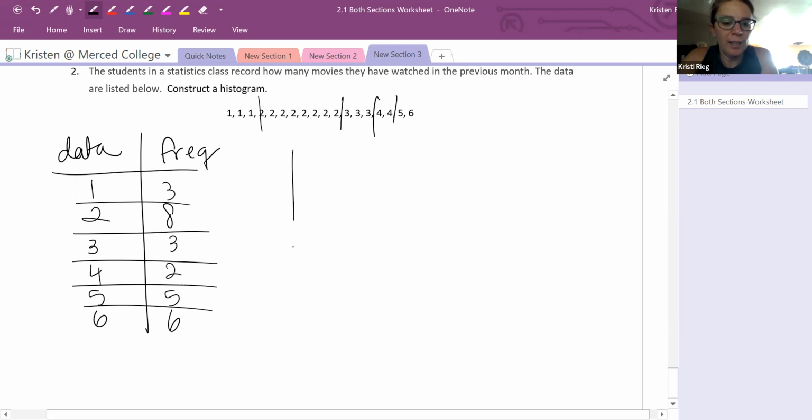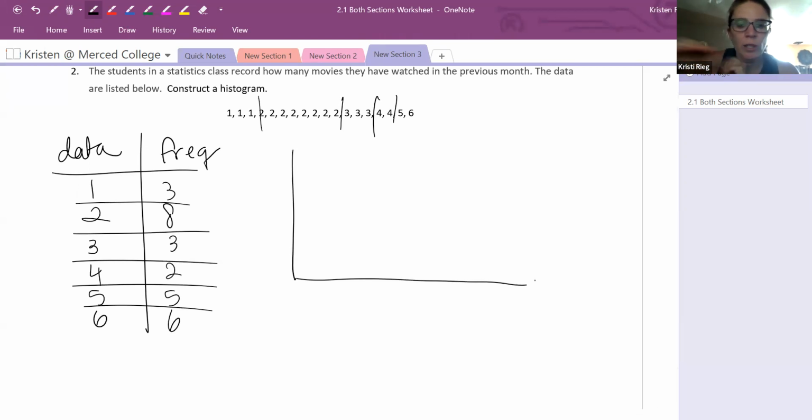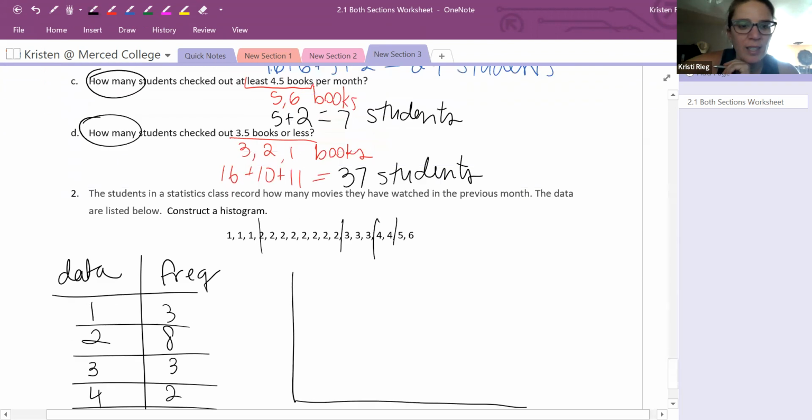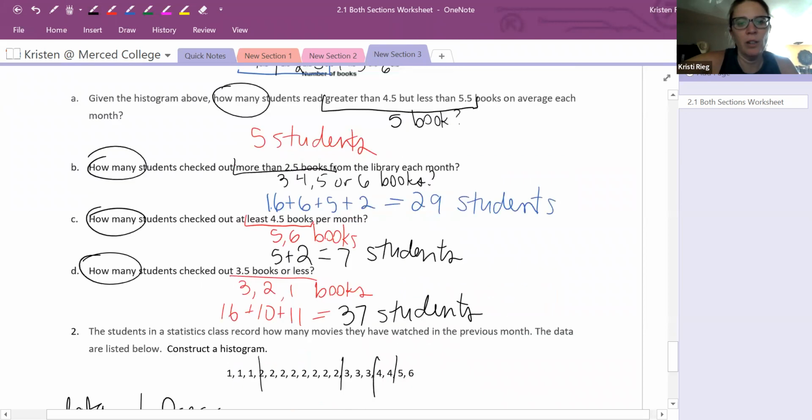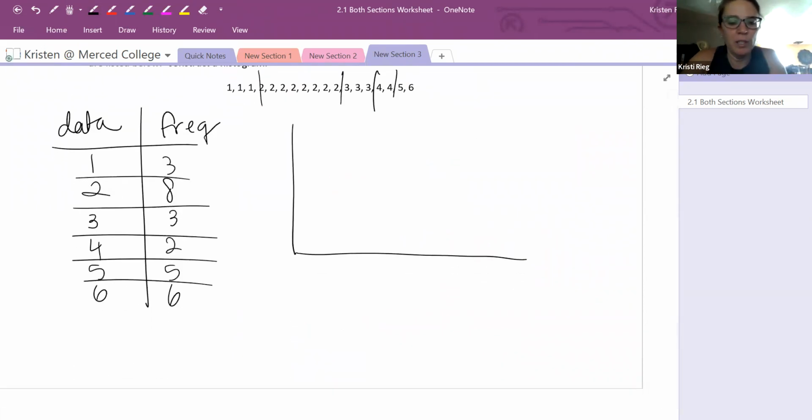So again, like I've said before, we don't want to put 1, 2, 3, 4, 5, 6 on our horizontal, or our x-axis. And then also up here, do you notice it started as 0.5, but this line is 0 from math, right? So it started a little bit in. So this is just like a graph, XY graph. So we want to start with our number line. So I'm going to do the same thing, 0.5,